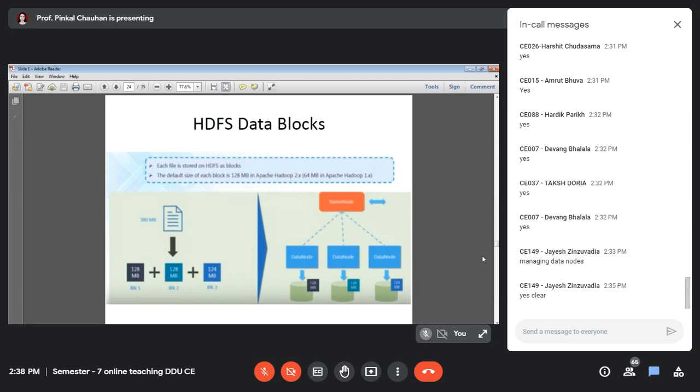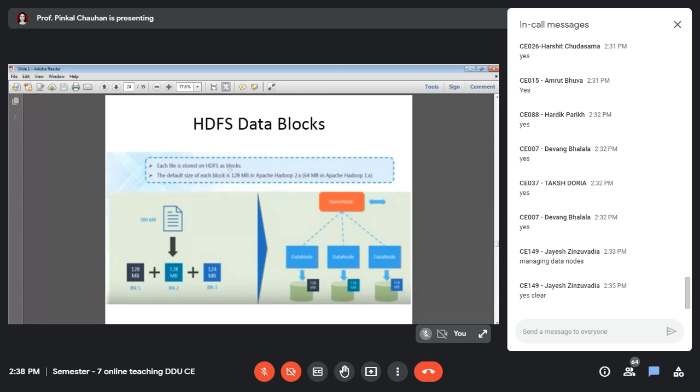By default, it was 64 MB in Apache Hadoop 1.x. So it was in the previous version, it was 1.x, but in the current version, it is 2.x. The current version, which is 2.x, in fact, I guess now even the third version is there, right? But we are working with the second version, which is the stable one. And then the default size in it is 128 MB. Now, please understand that all these settings are always flexible, right? So you can change them as well, right?